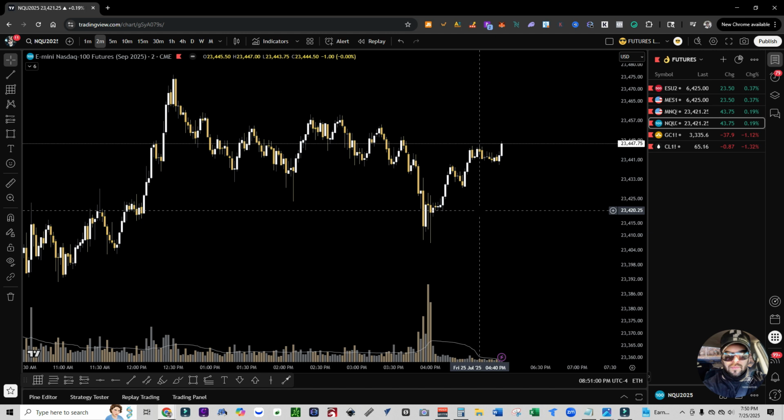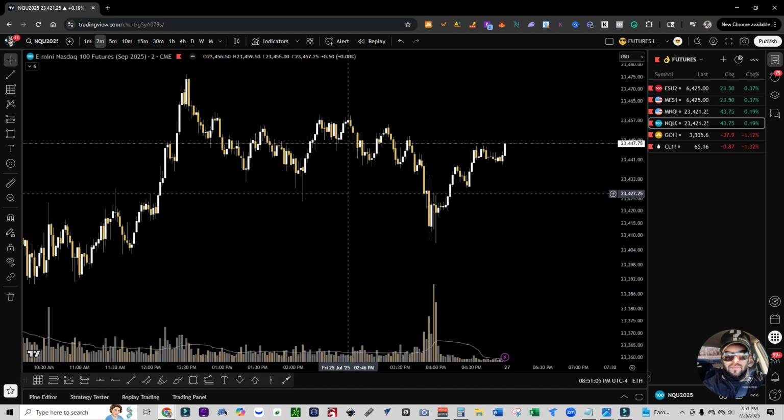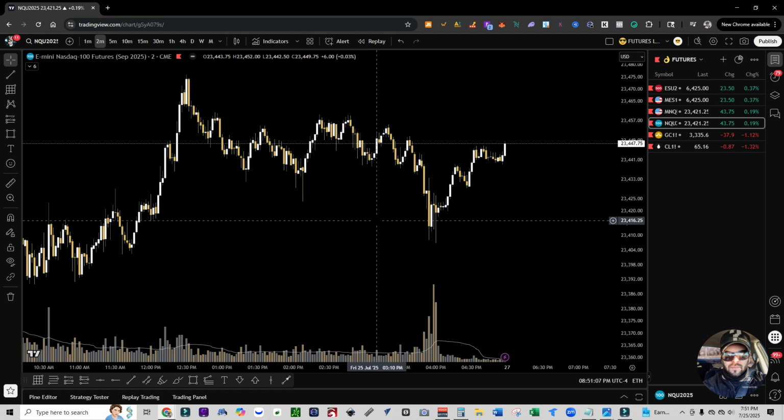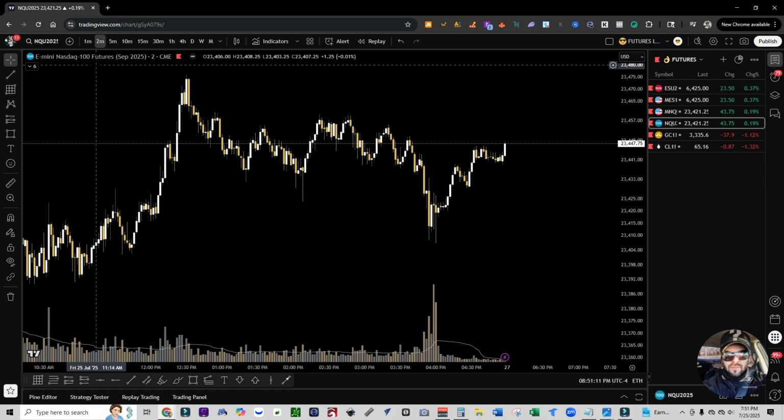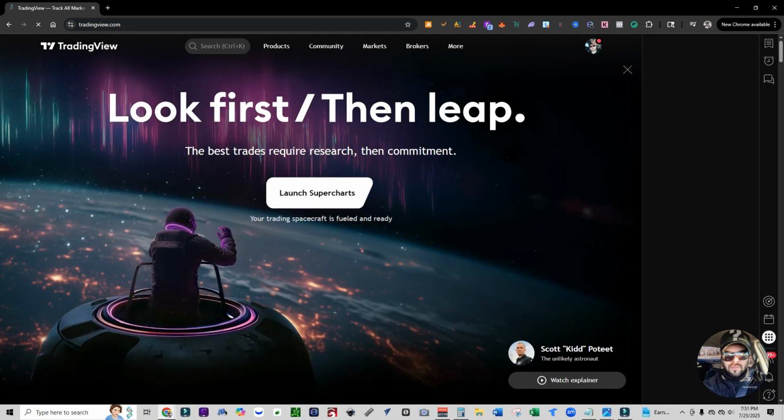First things first, let's go ahead and talk about the color schemes in here. If you want to change the color of your charts, it's pretty simple. Actually, we'll come over here real quick. We'll go home real quick. So once you're in this home tab,